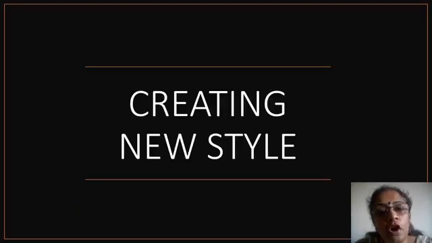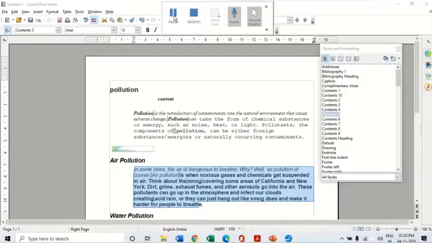Till now we just had a look at all the different ready-made styles which were already available under the paragraph, under the character, etc. But now we are going to understand how to create our own style. That means I want a particular style which I like very much and I want to use that particular style all throughout my document. So how I can create my own style. This is the next topic we are going to look at. Let us understand how to create our own style